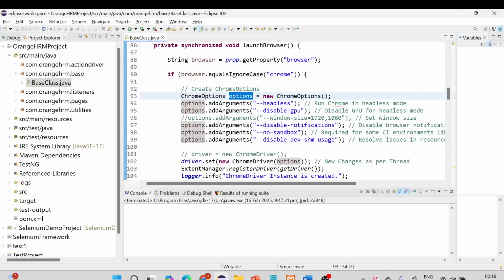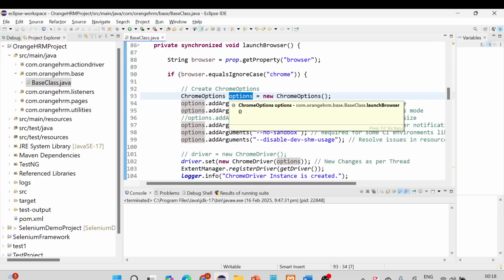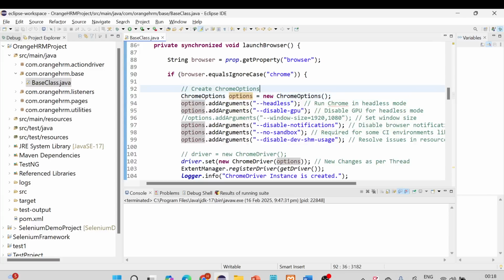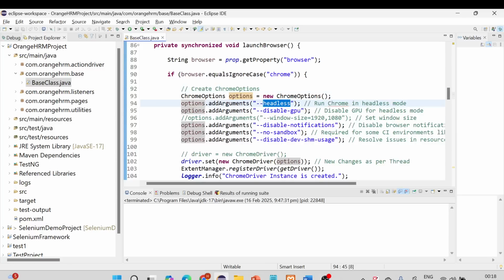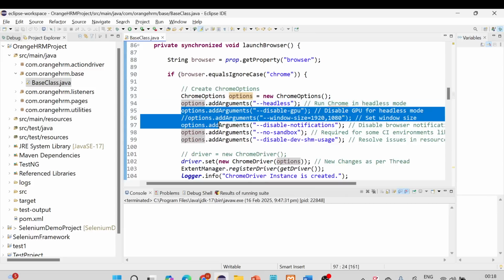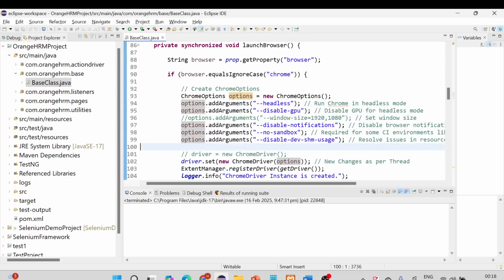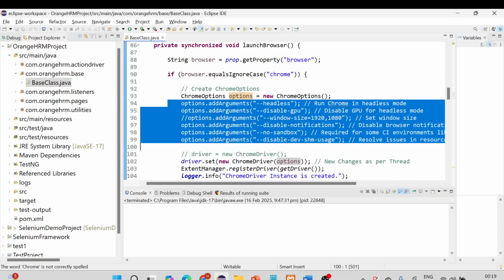Basically, to work with the behavior of different browsers, in the case of the Chrome browser we can create this ChromeOptions object, and we can add different arguments over here, like headless. Suppose I want to run the code in headless mode, we can add the argument like this. And if you don't want it, you can just comment this line. Similarly, these are the other options which we have. So this is what I have added offline